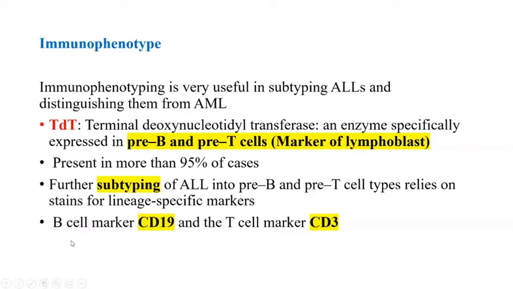In T cell ALL, because it forms a mediastinal mass in the thymus, the symptoms will be related to airway compression and compression of large vessels in and around the lung. They can present with superior vena cava syndrome also. CNS can be involved in both, but it is a late presentation.